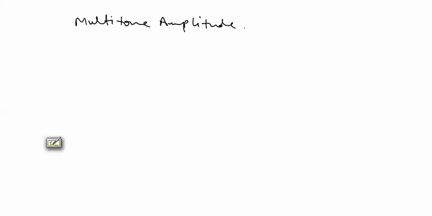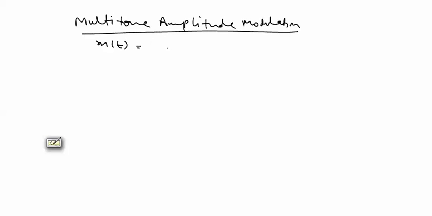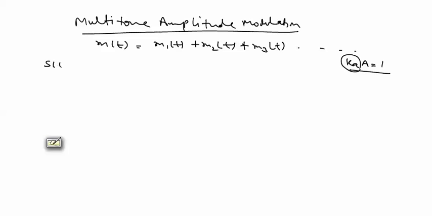Amplitude modulation. For multi-tone amplitude modulation, the message signal is not a single sinusoidal frequency, it is more than one sinusoidal frequency, maybe 2, maybe 3, and more than that. We took this type of assumption again here, and the modulated signal comes from this expression: A plus m1t plus m2t plus m3t and so on,